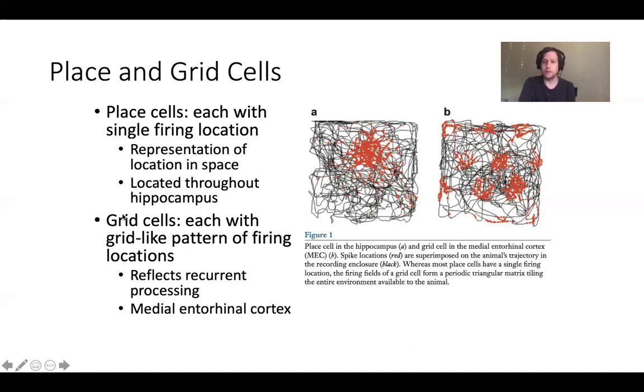Grid cells are a little bit more complicated. Grid cells, which are located primarily in the entorhinal cortex, have a grid-like pattern of firing, and you can see that pattern right here. All these red splotches are the activation, once again, of a single neuron, but now it's a grid cell. When the rat is standing right here, this grid neuron does not fire action potentials. But when the rat moves and is standing in this part of the room against the wall, it is firing action potentials.